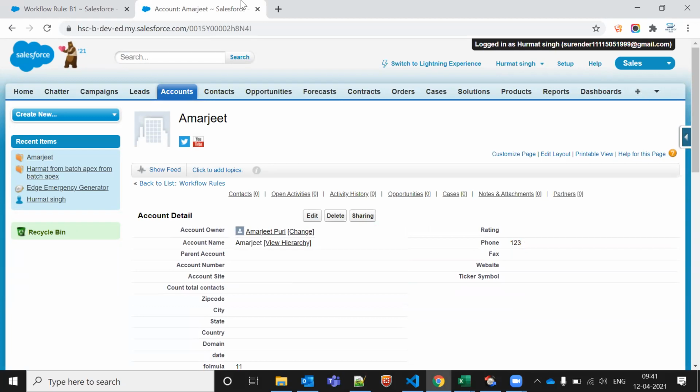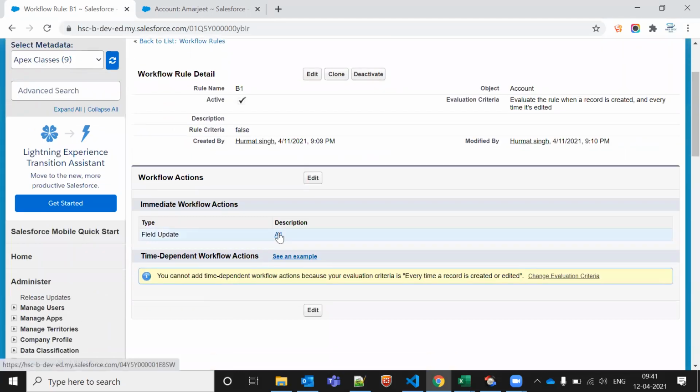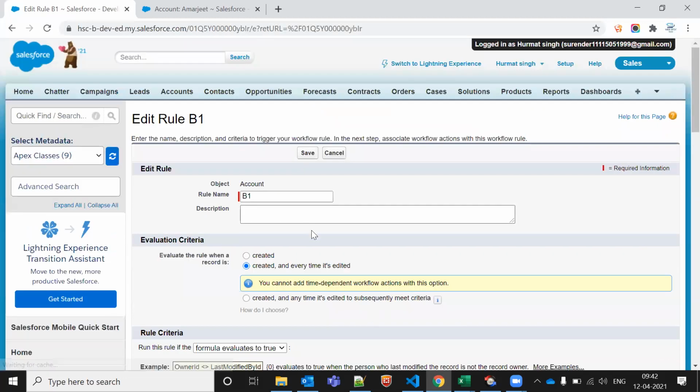Now it is not updating because my workflow is false. Okay. So, even if an account number is already present when the workflow is true, then what will happen? It will update to the new number, na? It will update to the new one. Just so, now you are not giving any conditions. You are just making a field update by saying that this workflow is true. Make a field update, right? Yes.